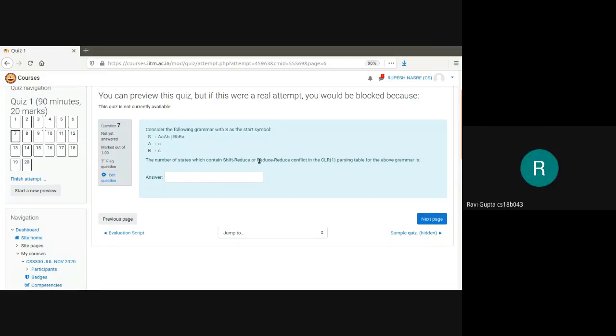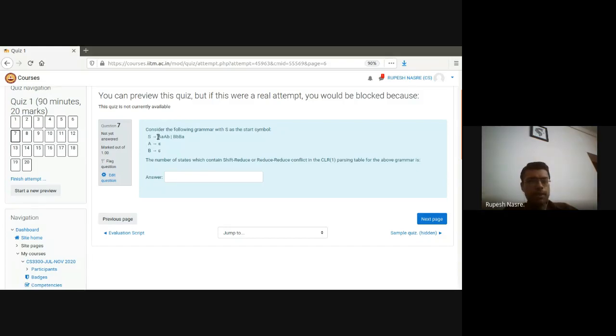So can you explain again what the argument is? The argument is that capital A and capital B, both of them have both small a and small b in their follow, right? And both of them are nullable. So by looking at the next symbol as small a or small b, will you be able to make a decision whether to use A deriving epsilon or B deriving epsilon? Right? So definitely there is a reduce conflict. I'll check if there is a shift reduce conflict. But if you guys did not find it, most probably there isn't any shift reduce conflict.